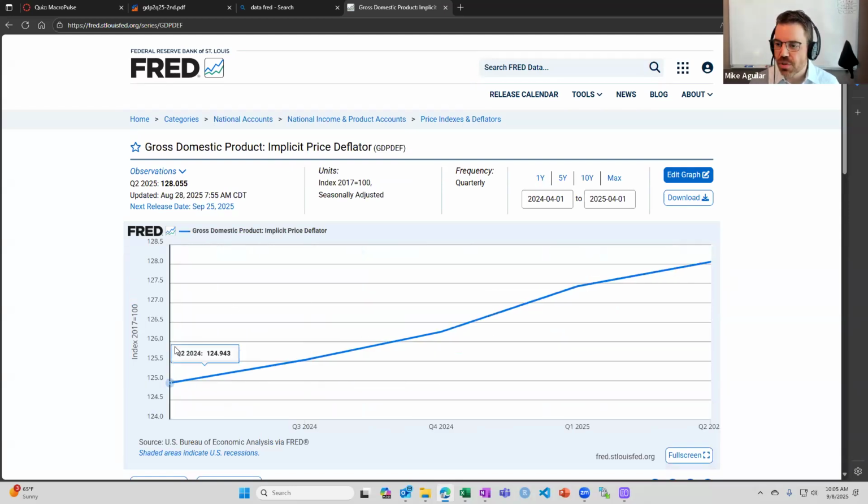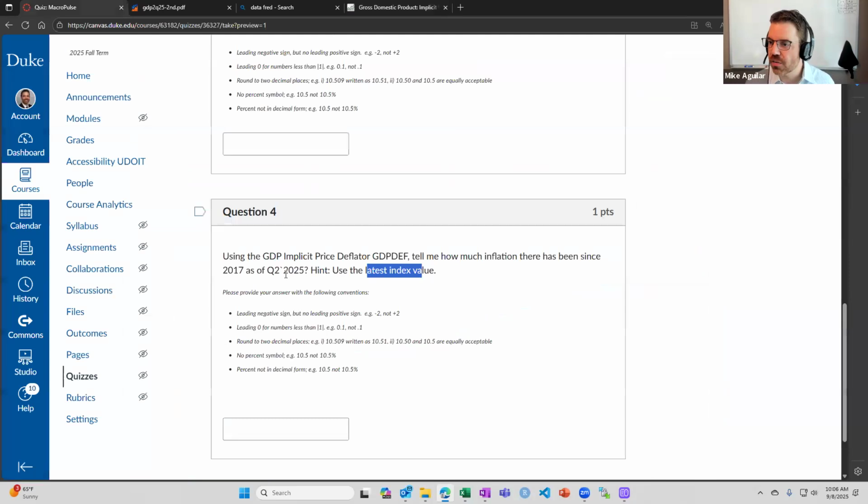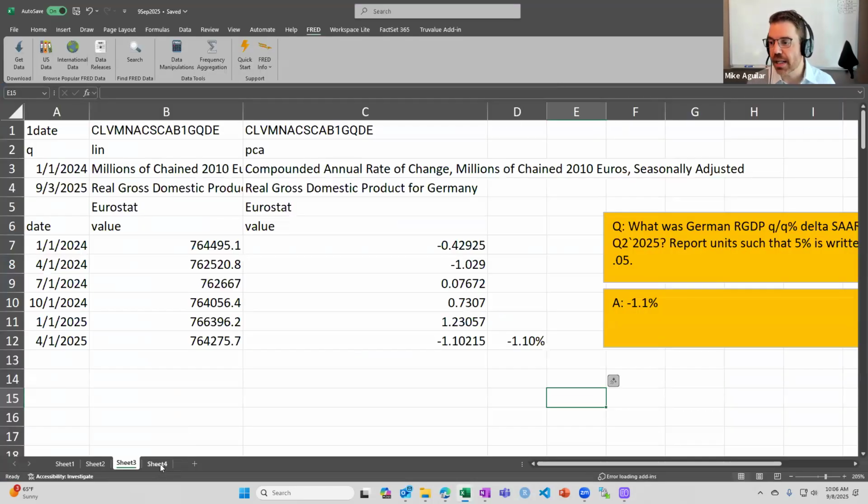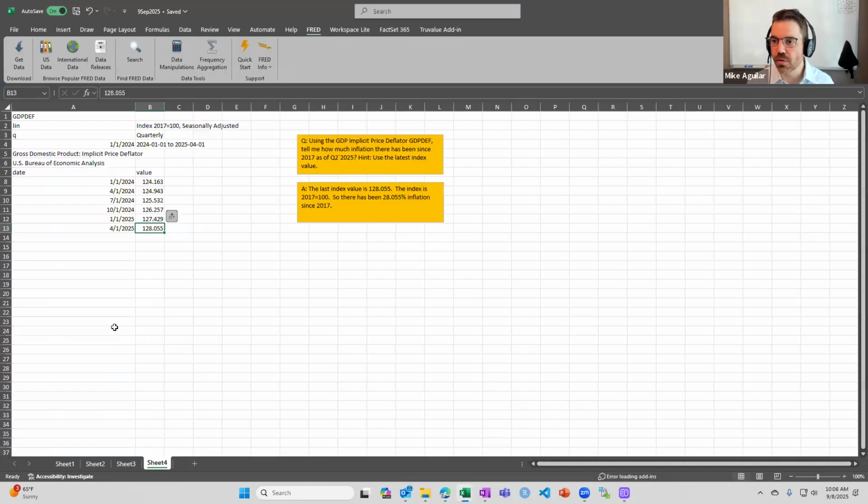And I have a bunch of numbers, pretty high. Q2 was 128.055. What does that mean? Well, if the index was 2017 equals 100, and now it's at 128, that means that gap between those two represents inflation as measured by the implicit price deflator. We were asking as of Q2 2025. So we could do this in a couple of ways. Right there, I can compute it off of FRED, or I can go to